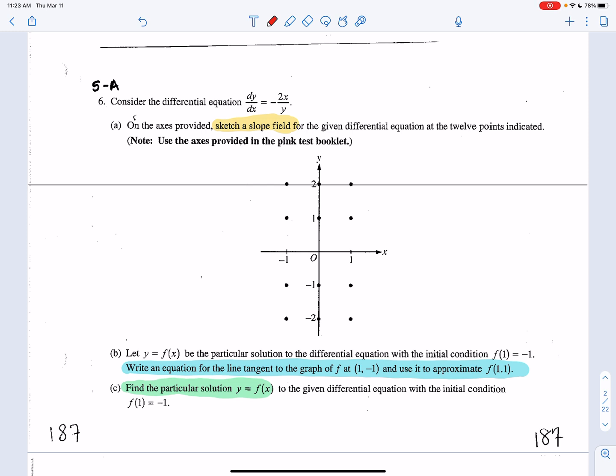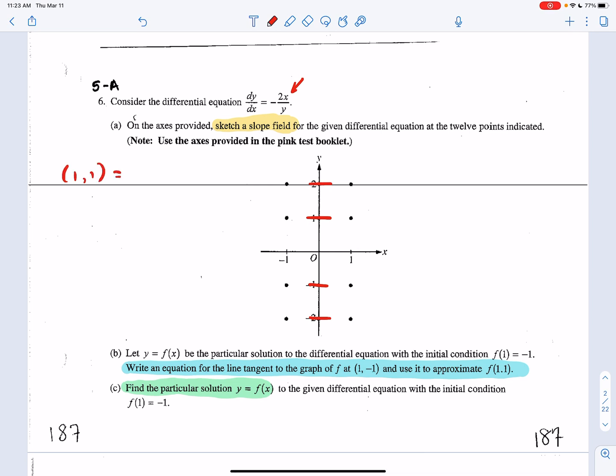Okay, so there are some shortcuts to this. So for instance, I noticed that when x is 0, the slope will come out 0. So whenever x is 0, that means you're on the y-axis. So I know I'm going to get horizontal slopes here. Okay. The 8 remaining points, we're just going to have to work out. So at 1, 1,